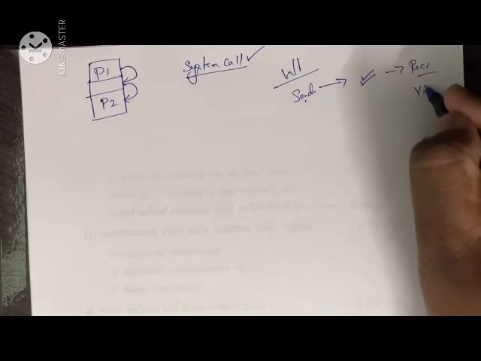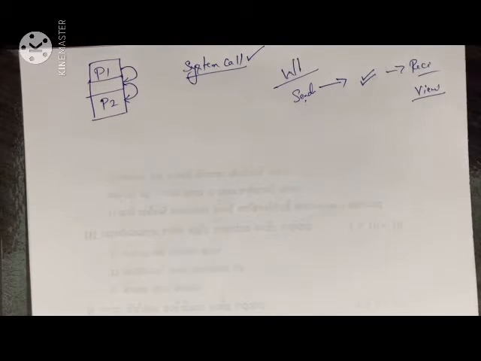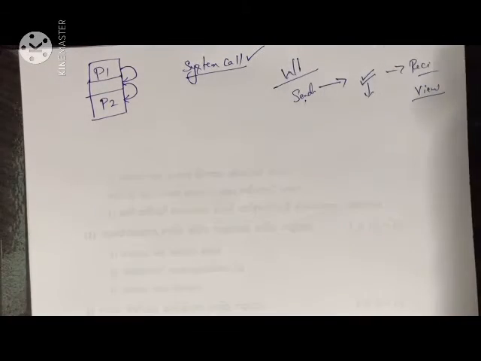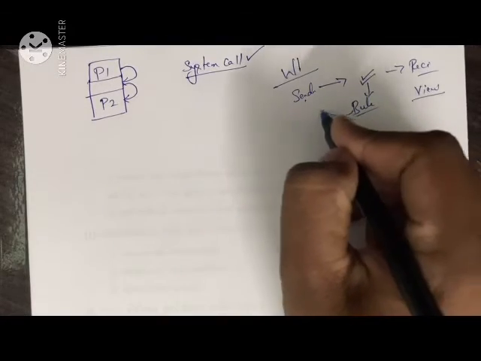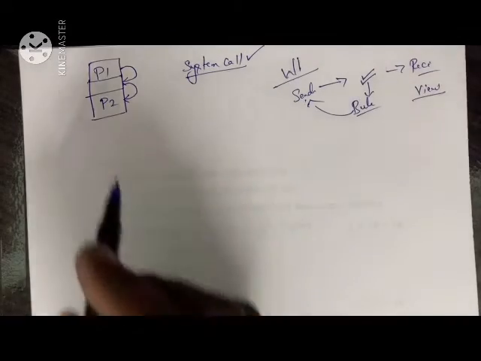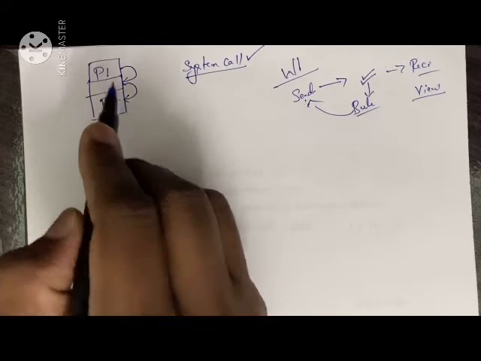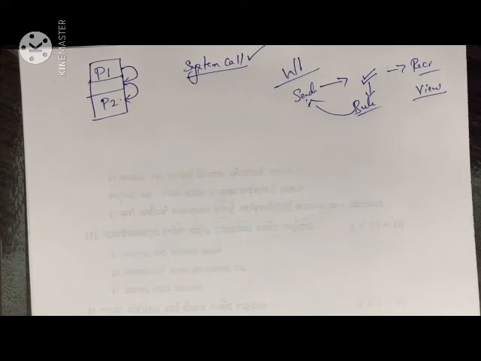Once the receiver sees the message, the color will change to blue. In the sense, it says that the receiver has seen the message, and that information will be sent back to the sender. Similarly, when process 1 sends some information to process 2, the system call is generated. And once process 2 has received the information, that information will be sent back to process 1. So this is what happens when you are using shared memory between two processes for exchange of data.